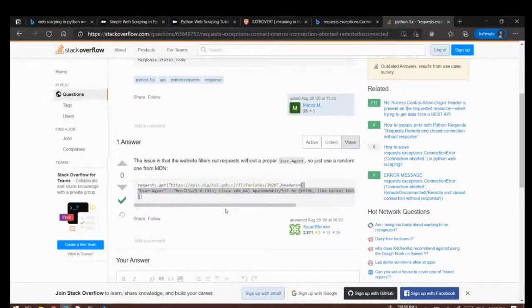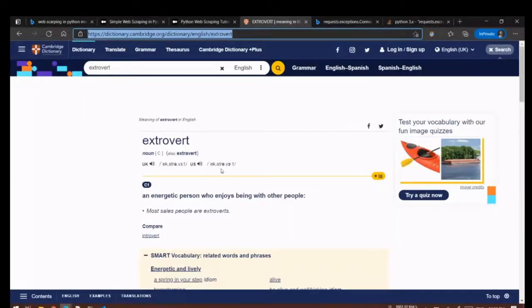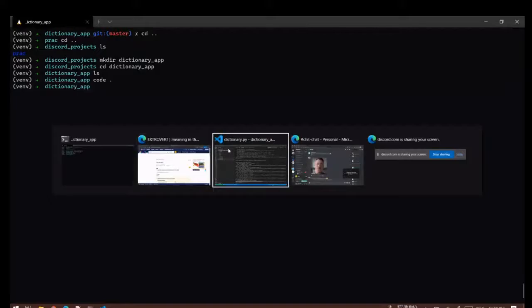So this website is basically rejecting all the requests which are made from other programming languages or bots like this, because a UI based browser will have a proper agent or a proper header. So we'll try to mimic it by passing these values.